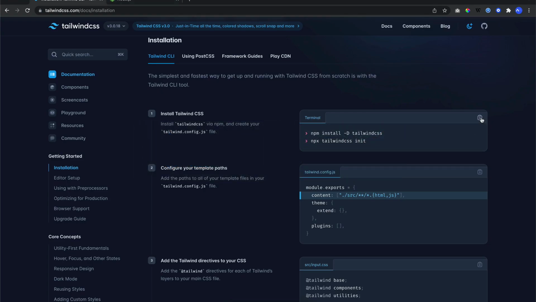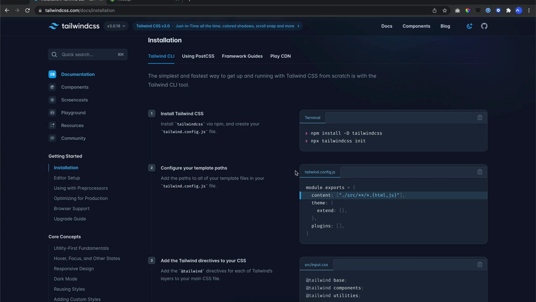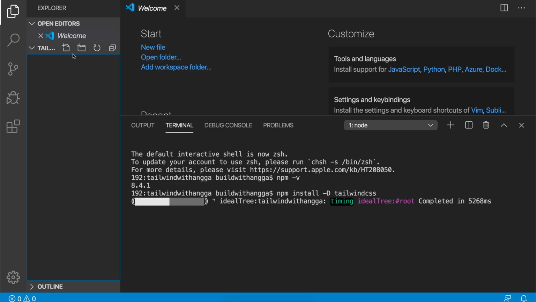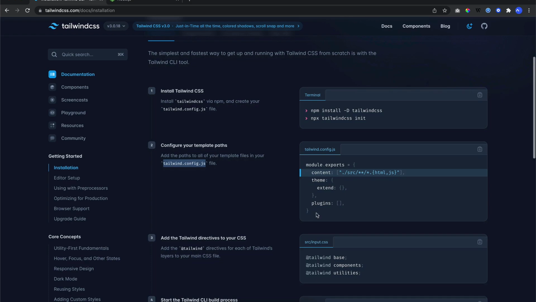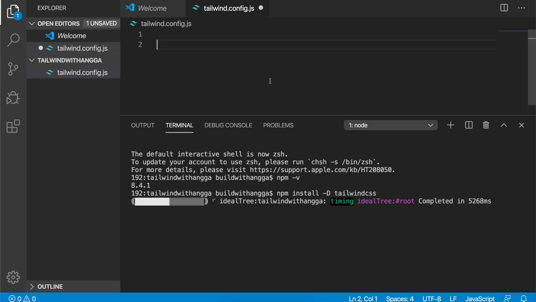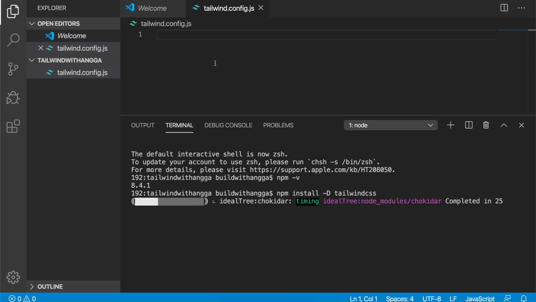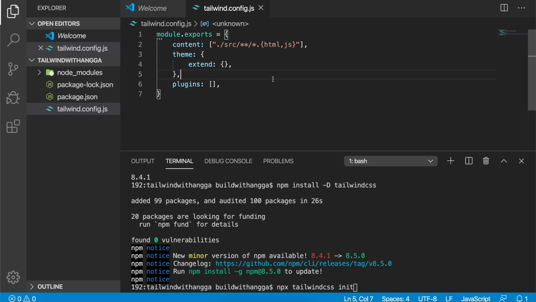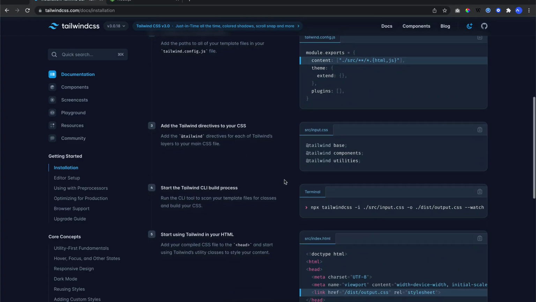So we need to follow the instructions from this documentation, and then we need to create another config here, and then we need to copy. Okay, let's take a look at the documentation again.